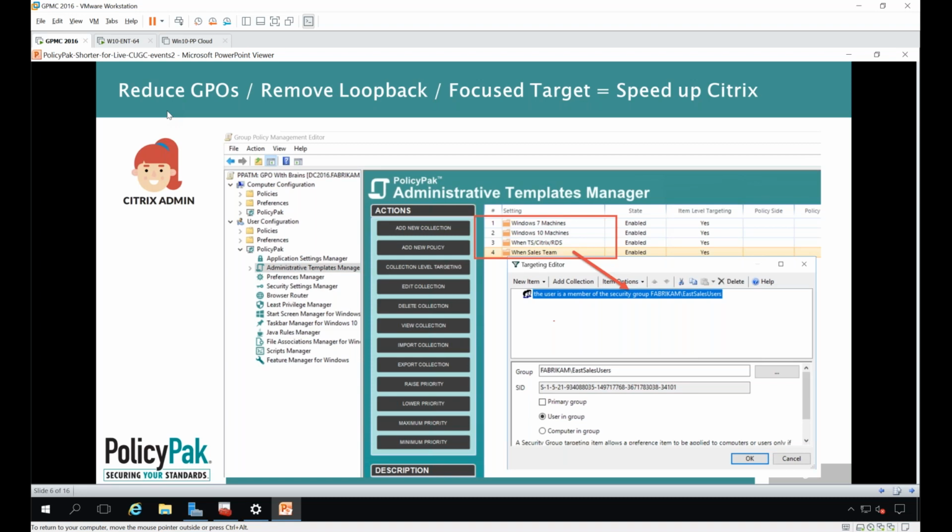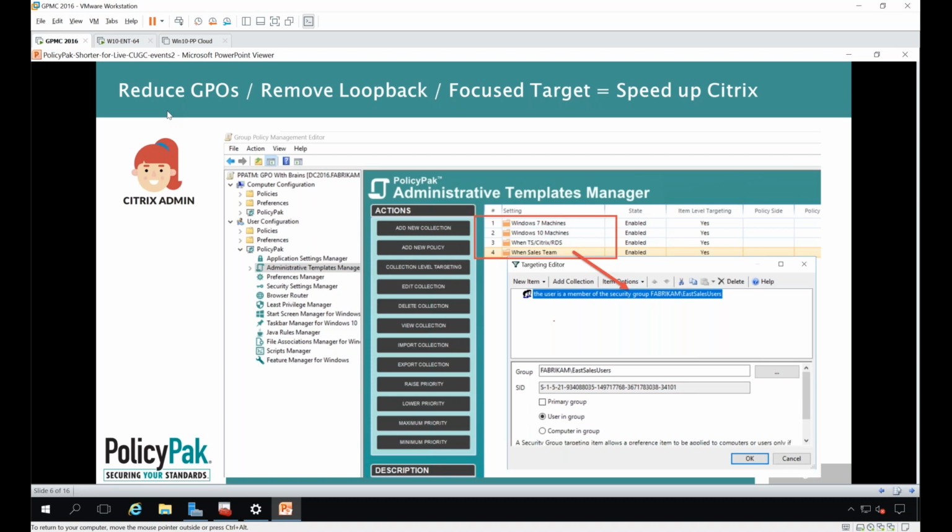I call that doing the math, right? So if you're using loopback and you want to determine, did my setting make it there? Well, now you're kind of in trouble. You have to actually lay it all out on paper, chart it out. Okay, I get this one, I get this one, I get this. Oh man, I got all these settings and I didn't want to get those settings.